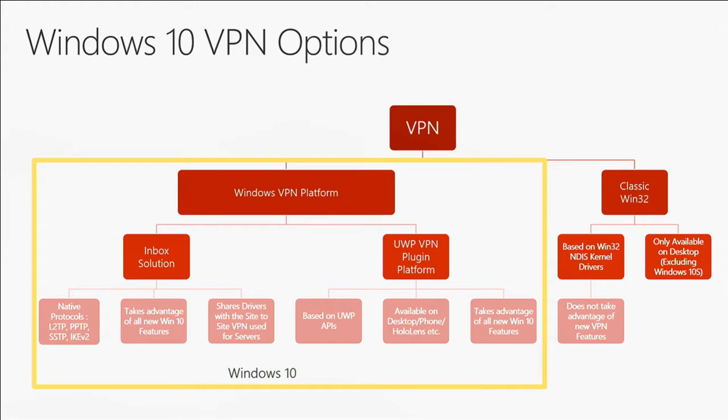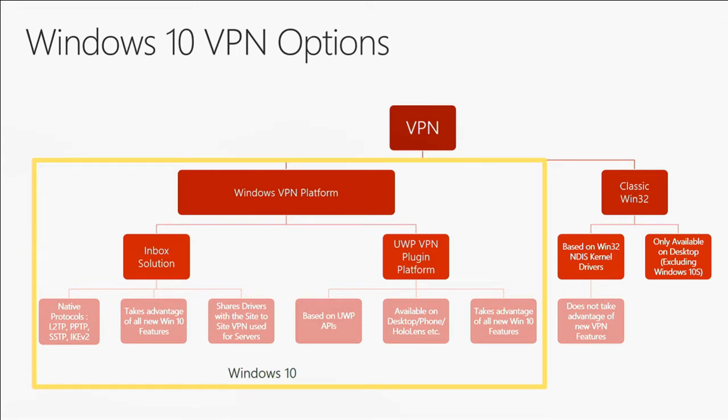Before we go deeper into this, I did want to spend some time talking about what are the options for VPN on Windows 10. Now, a lot of you will be familiar with Cisco AnyConnect or any of the existing Win32-based VPN options. I call that classic Win32 over here. These are extremely feature-packed VPN client solutions paired with the right VPN servers and have been very popular for a large number of years. They do have a problem, though, that they don't actually